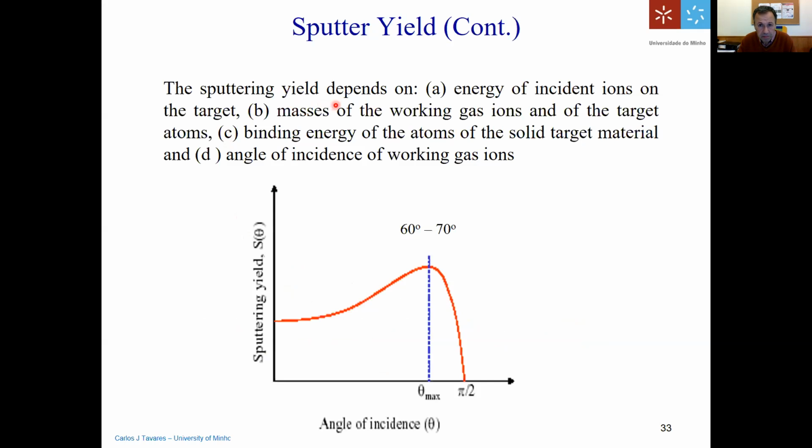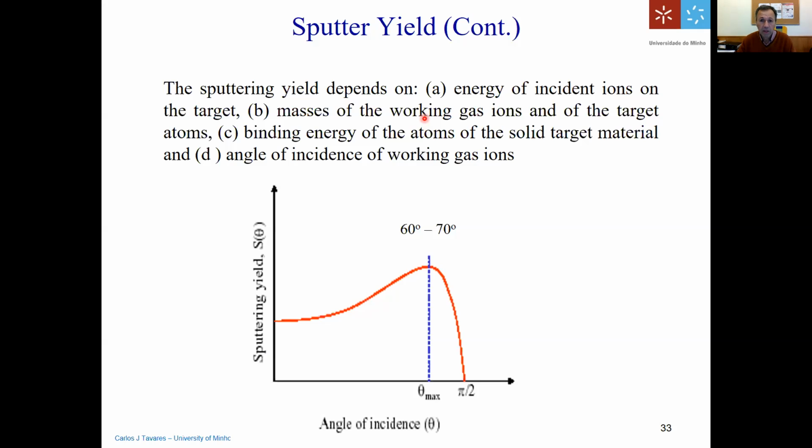So the sputtering yield depends on the energy of the incident ions on the target, and the masses of the working gas ions and of the target atoms. For example, if you use argon, it has a smaller mass in comparison to krypton. So krypton can transfer more energy to the target, and in this cascade of collisions can eject more atoms from the target